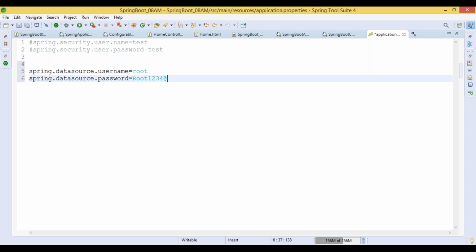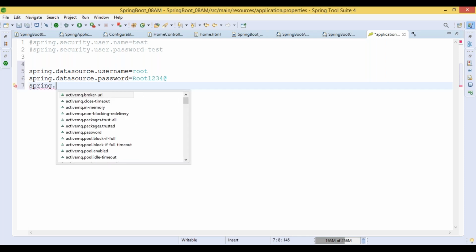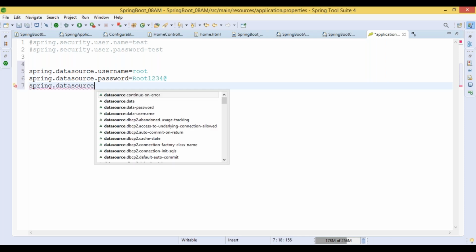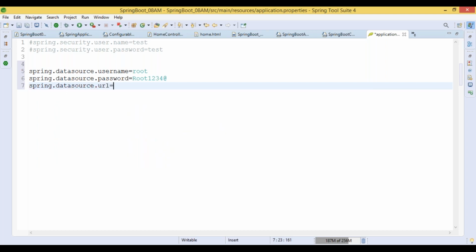Password root1234@. After that we need to provide the URL and driver class name. Spring dot datasource dot URL.